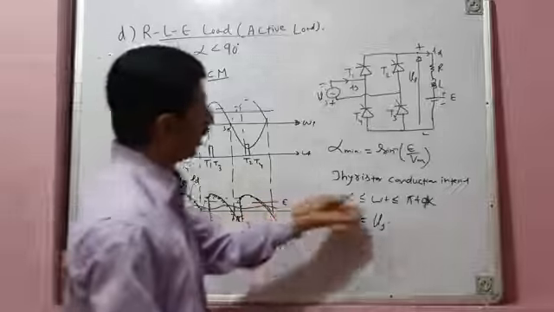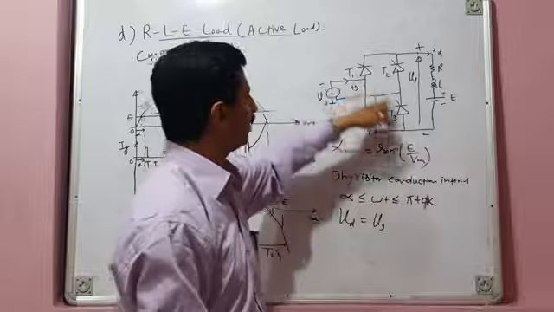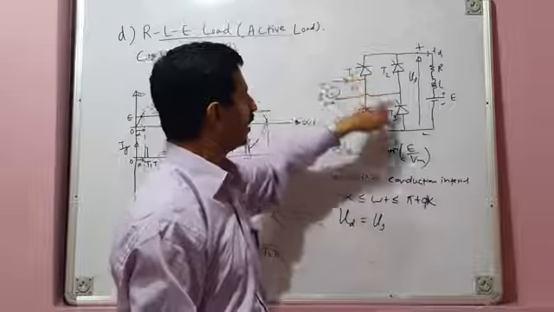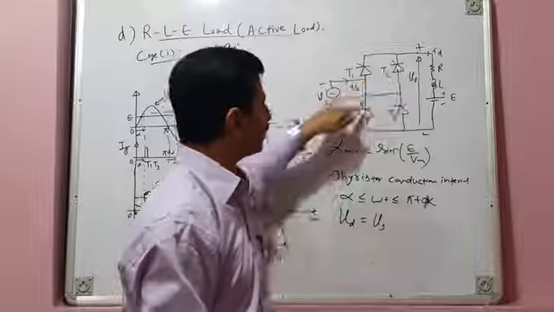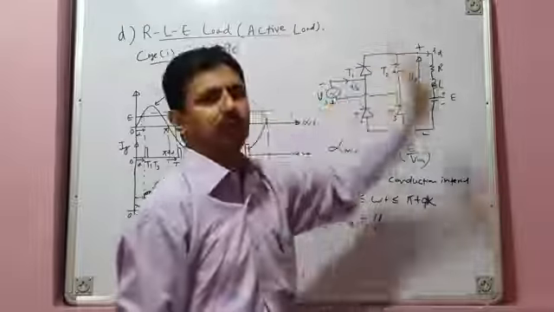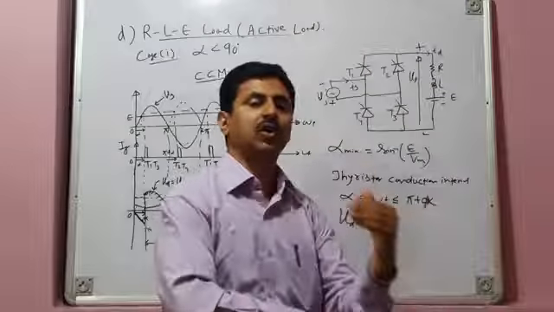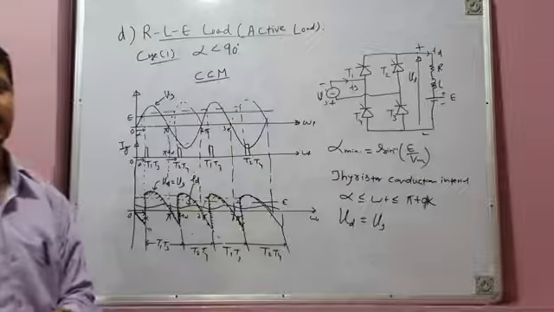So here you don't have any coasting interval, you have only thyristor conduction interval. Either this pair of thyristors is conducting or this pair of thyristors is conducting. When this pair of thyristors is conducting, your load voltage is same as source voltage. And when this pair of thyristors is conducting, again your load voltage is same as source voltage. So that means the load's EMF does not appear in the load voltage. It does not show its presence in the load voltage.